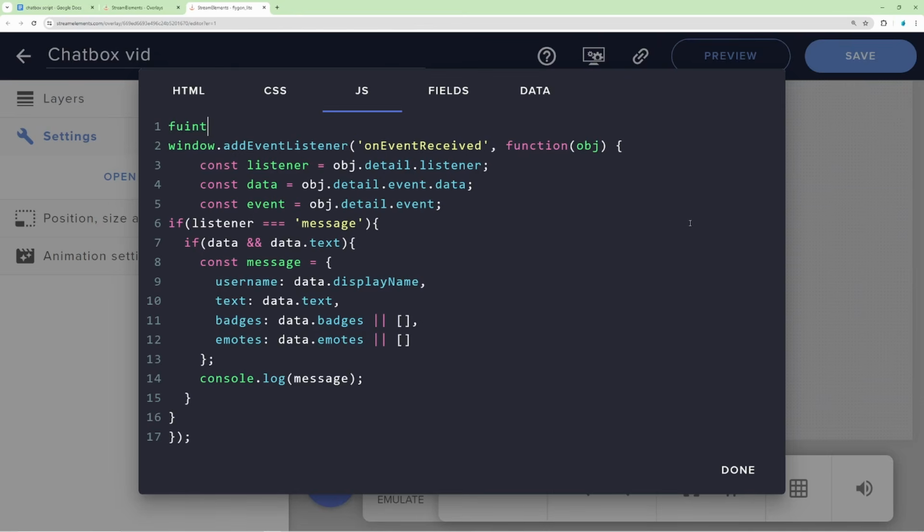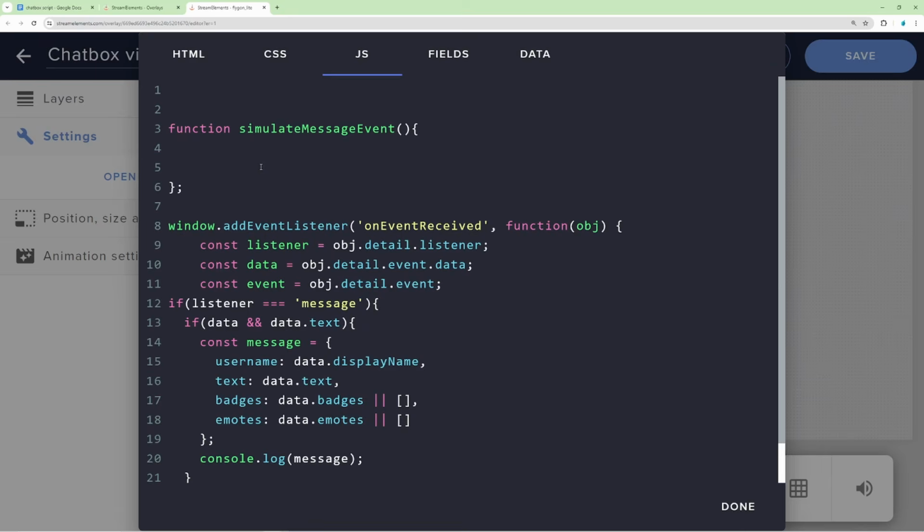So let's go ahead and create a new function called simulateMessageEvent. So you can simulate any of the events in StreamElements. To simulate events, well, first let's store it in a variable so we can use it. And to create events, you just say new CustomEvent. And the first argument is the type. So in our case, it's onEventReceived. And the second argument is an object with the